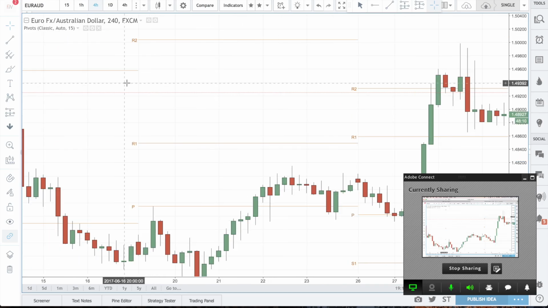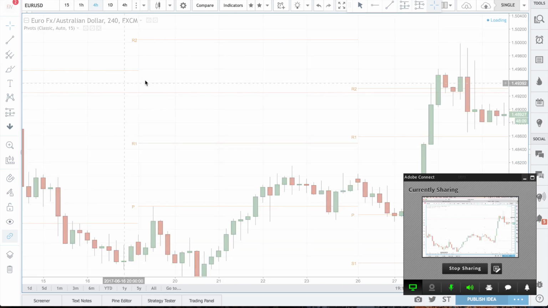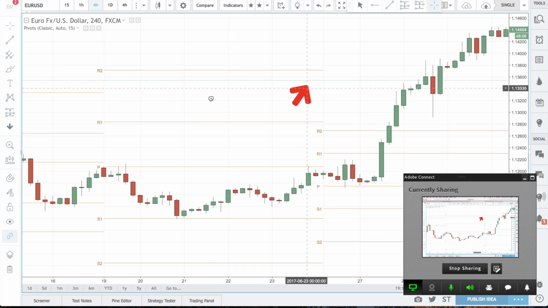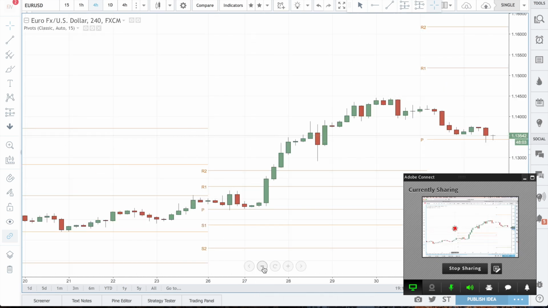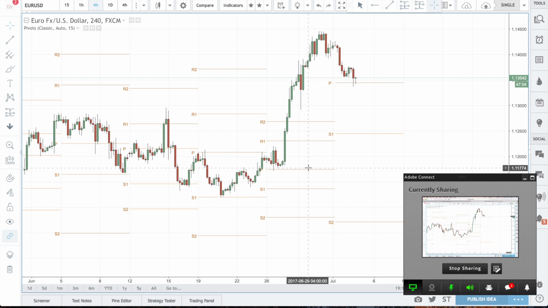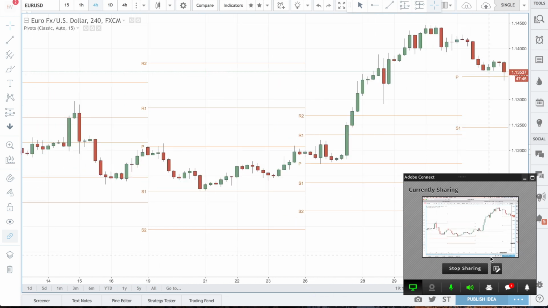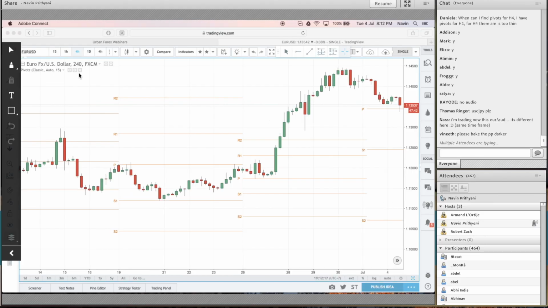Let's go into, let's say, Euro USD. A pair everyone knows about. I'm going to remove this. Let's go to the current market. Okay, I'm going to make it bigger so you all can see. All right, I'm going to take a screenshot again. Okay, we're going to look at the same thing here.